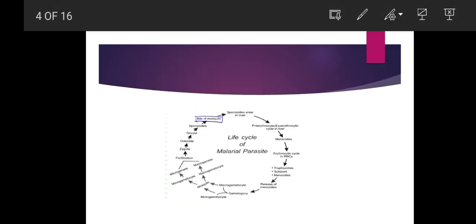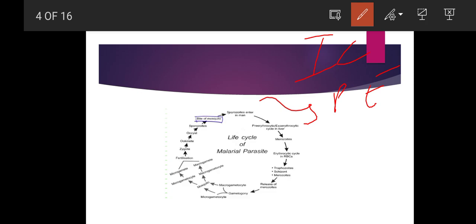Now here is the pre-erythrocytic phase, where it takes place in the liver, and this pre-erythrocytic phase is responsible for the incubation period. So in the pre-erythrocytic phase, we have the incubation period. Now when this merozoite ruptures the hepatic cell, they move directly into the blood vessels and they will attack the